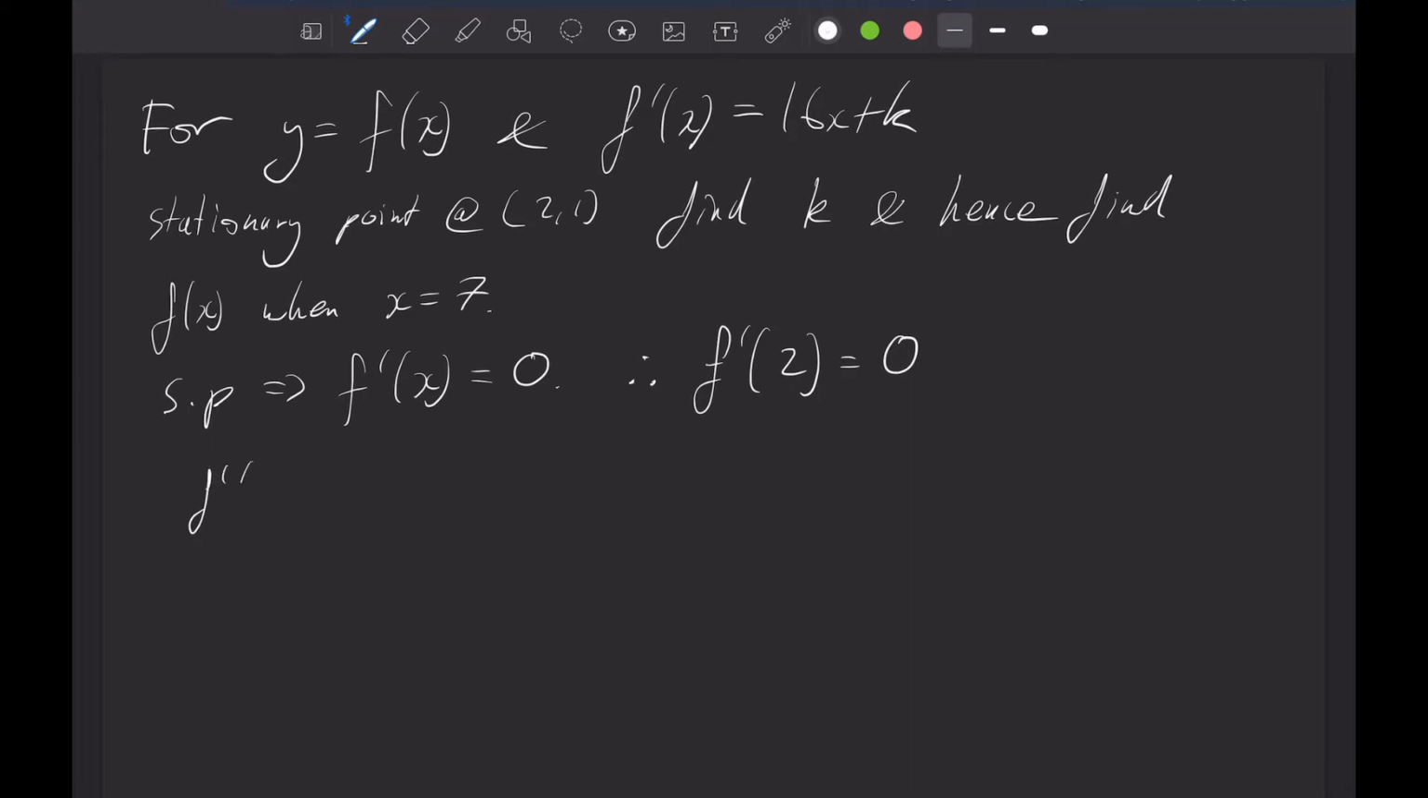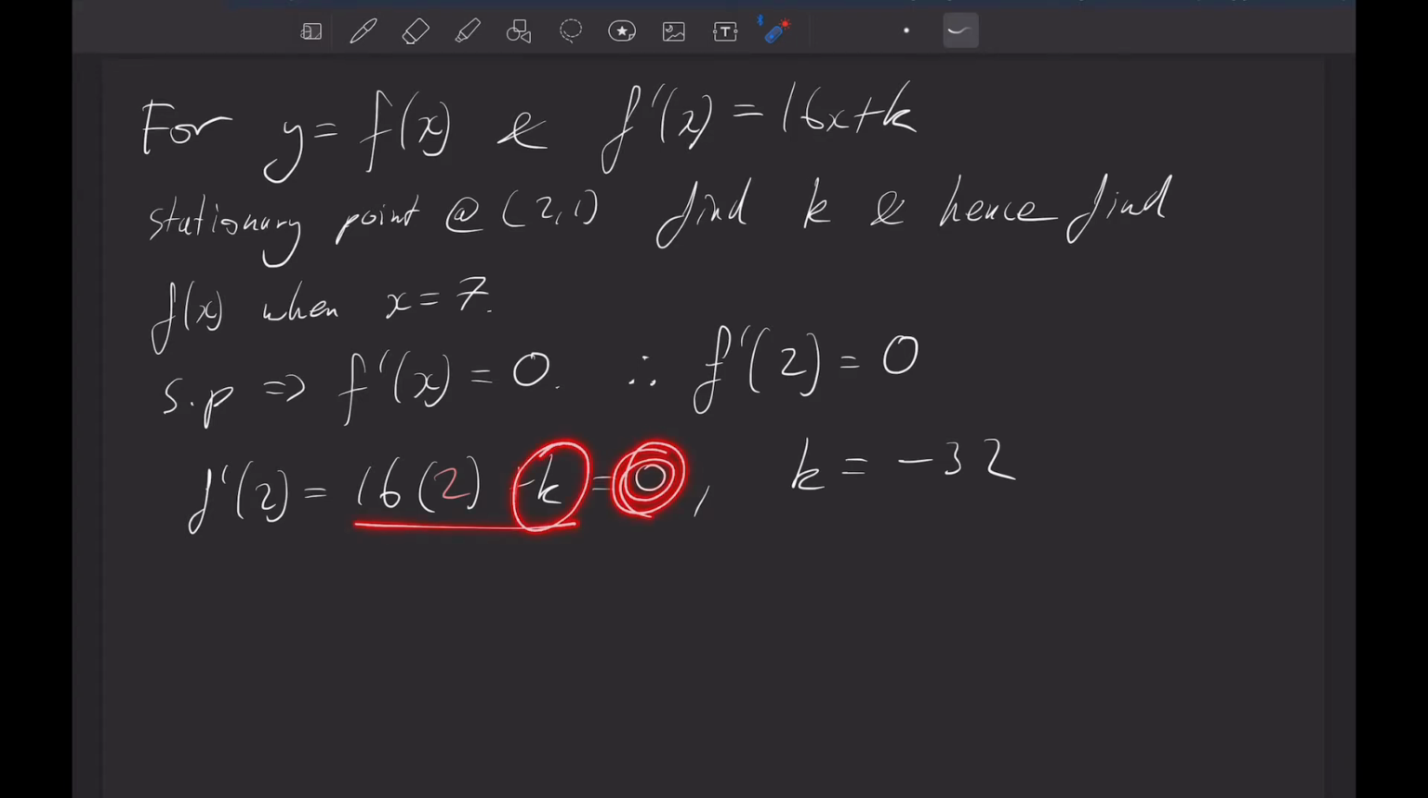So we can say f prime of 2 equals 16 times 2 plus k, and that equals 0. So from this we can write down that k is negative 32, because 16 times 2 is 32, and to get that to be 0, what do we need this to be? We need it to be negative 32. So we found k. Now, we can say quite clearly that f prime of x is equal to 16x